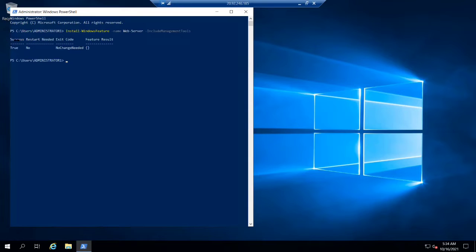See, success is true, and with the help of this command you installed IIS. Mine is already installed, that's why it suddenly gave me that message of true. If you go to Server Manager and then PowerShell, and directly write this code there, you can install your IIS here because IIS is an application.